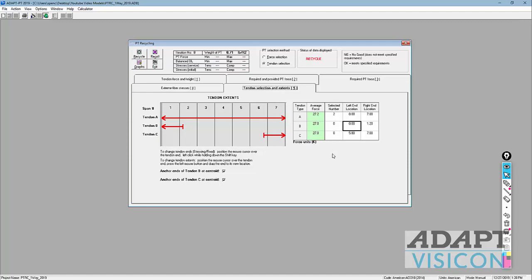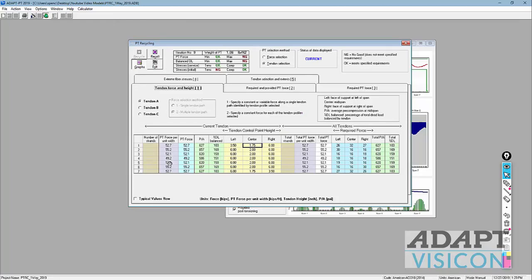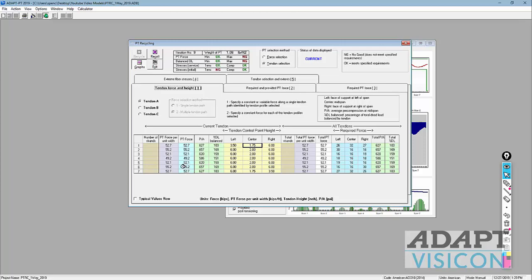And we need to specify the number of strands for each one of these cables. We're going to say we're going to use tendon A first only, and we'll say there's 2 strands with an average force of 27. I'll just go ahead and recycle. If I go back to this tab, you'll notice that the PT force varies right here. The tendon shows this arrow is a live end and a live end. That's why you get symmetry with the force, 52.7, 55 on either side,